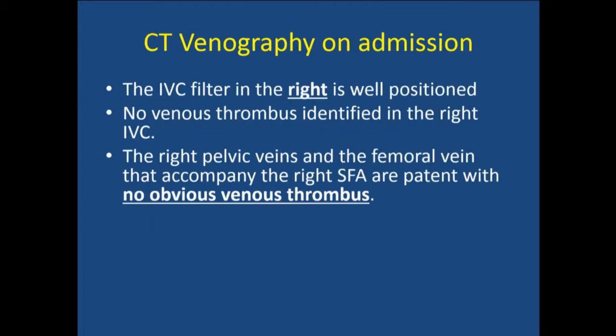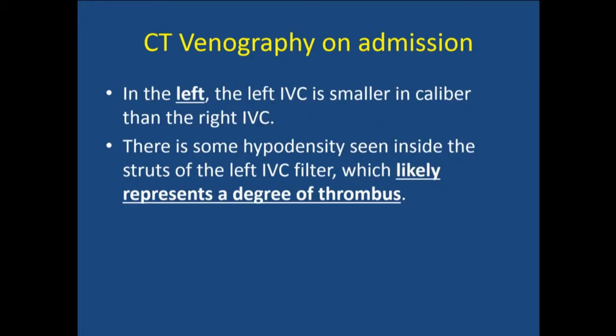At the outside hospital, they did a CT venogram because of the extent of the symptoms and the physical exam. On the right side, they found an IVC filter that looked well positioned, with no sign of thrombus in the area. The venous system inferior to the IVC filter on the right looked patent as well. However, on the left side, they found a congenitally persistent left IVC. There's an IVC filter also in that left IVC, and there's a degree of thrombus associated with that IVC filter